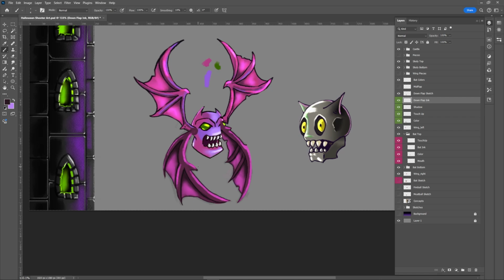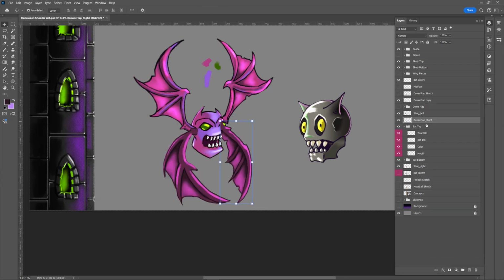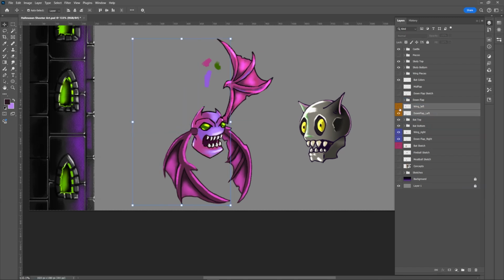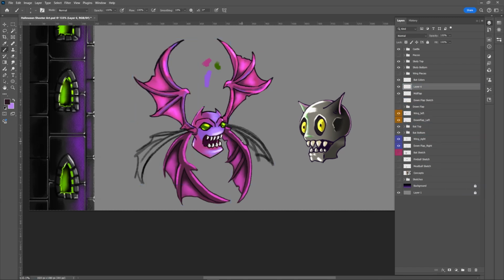I want the wings to be very bright, pop off of the background, which is why with the skeleton I added that big glare on the front, because I want it to pop off pretty well for visibility for the player so they can see the skeleton against that dark background. And now I'm just filling in the mid flap,